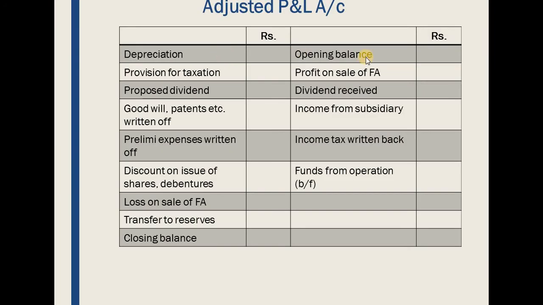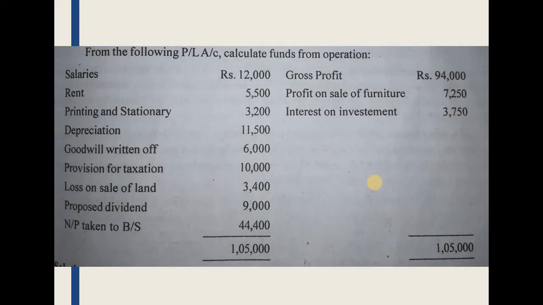In the adjusted P&L account, we will take the opening balance of profit and loss account, and all types of non-operating or non-fund incomes are credited, and we will debit all types of non-operating or non-fund expenses and also the closing balance of profit and loss account. Then the balance sheet figure, the funds from operation, is marked. In this question, we can choose either the statement method or the profit and loss account method to find the